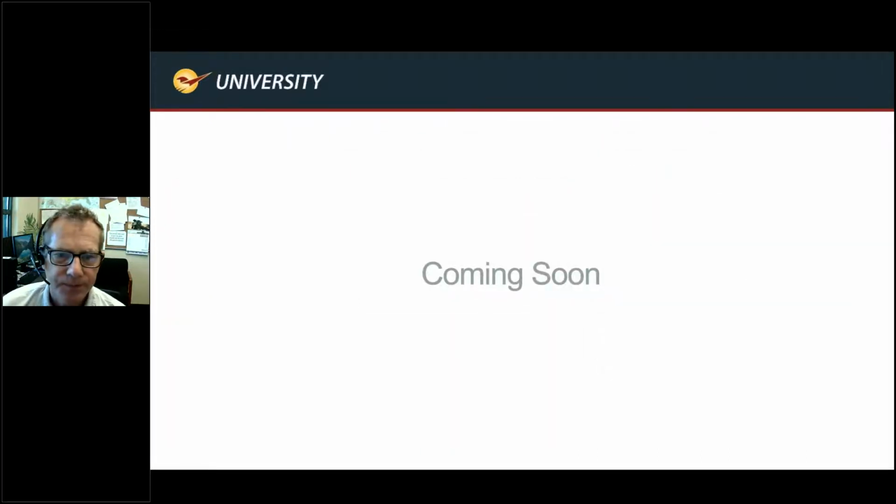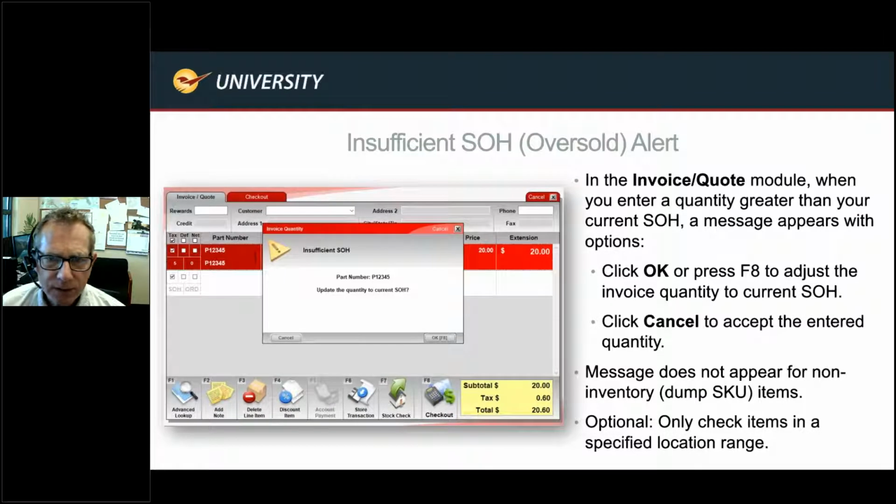So what's coming soon? Insufficient stock on hand, or oversold warning, right? This is something that you need to be careful about. You don't necessarily want to turn this on because not every store has perfect inventory where your inventory stock on hands are accurate. But if you activate this and you say, I want to sell 10, for example, and only 5 are available,